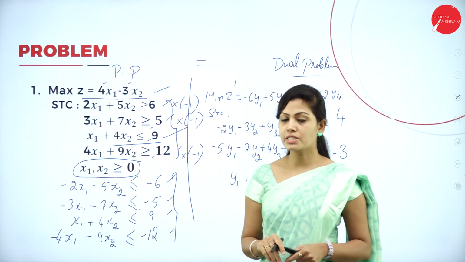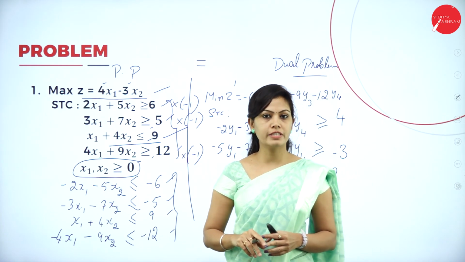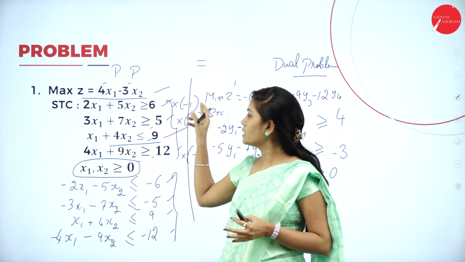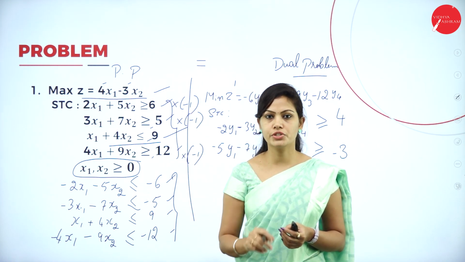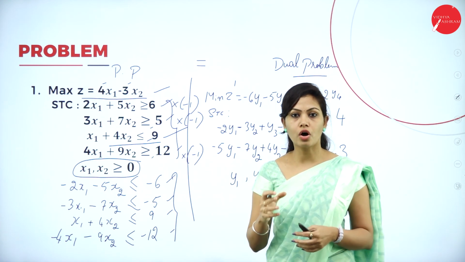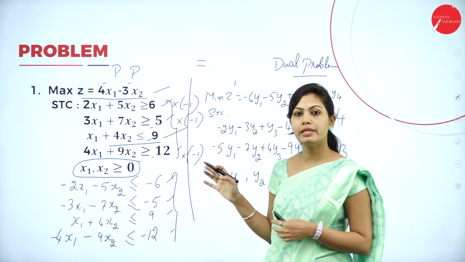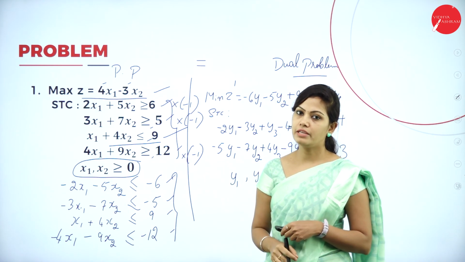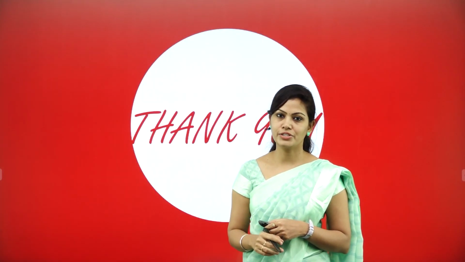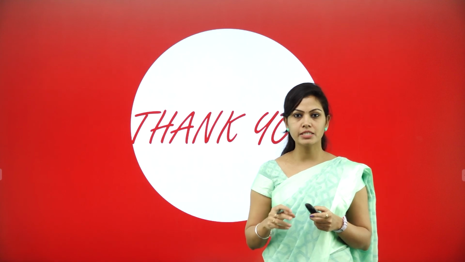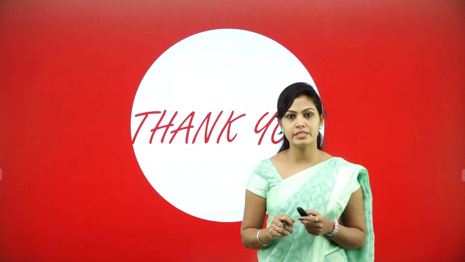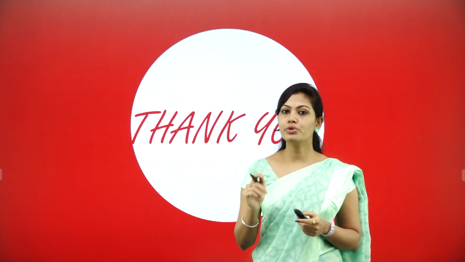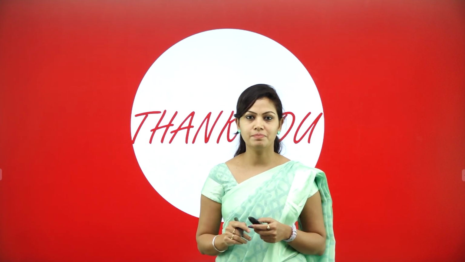I have already discussed the big M method and two-phase method. If you get any equal sign in the constraints, obviously we add an artificial variable. So how to solve this in primal to dual constraints? That I will explain in my next session. In my next session, I will discuss duality problems with different constraints, for example, equal constraints. If you get equal constraints, how to convert this from primal to dual, I will discuss in the next session. Thank you.